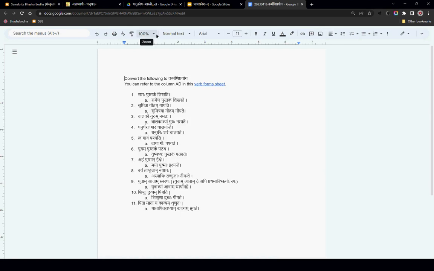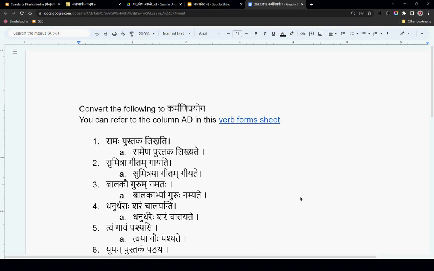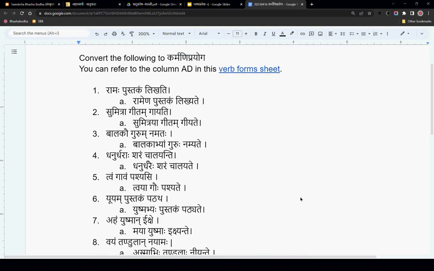So I'm taking this example which was sent by Suresh Mahodaya, just because it is online. I have not yet seen, I just opened it.